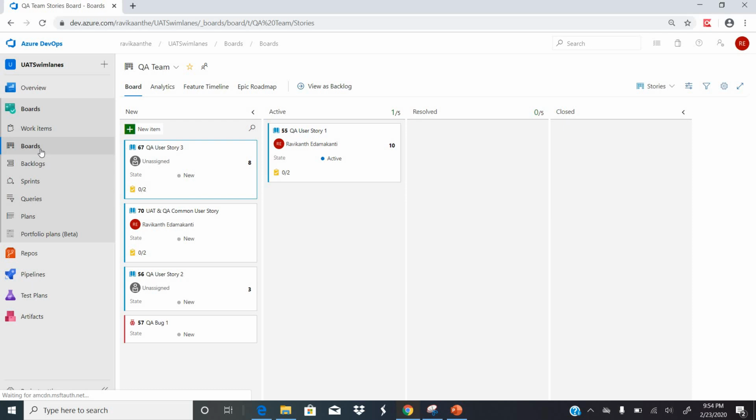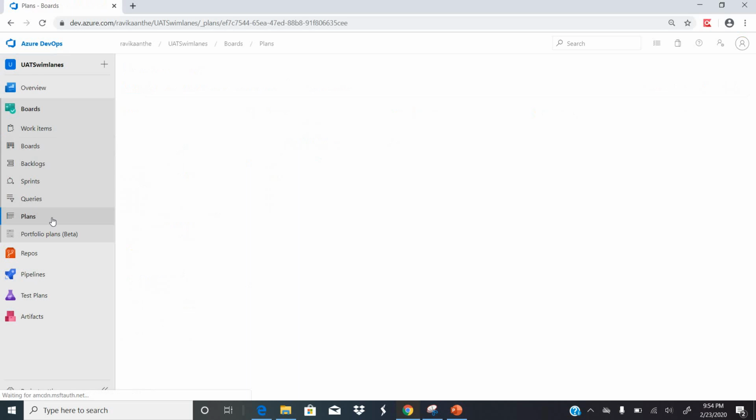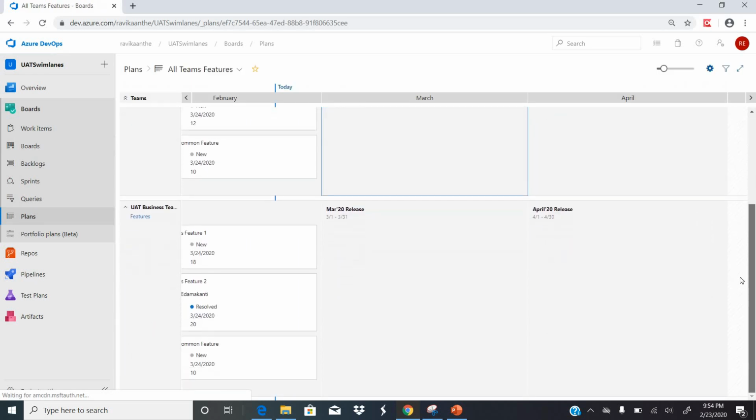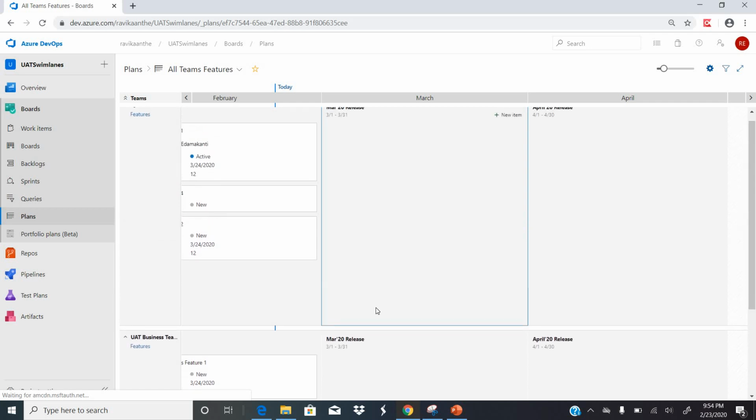So we are working under the same project with the same common goal, but we are creating different boards, different backlogs, different sprints, different dashboards, right? And if you see, this is a plan. As a project manager, if I want to track a plan, I can track the plan of both the teams. If you see here, QA team, UAT team, and these are all